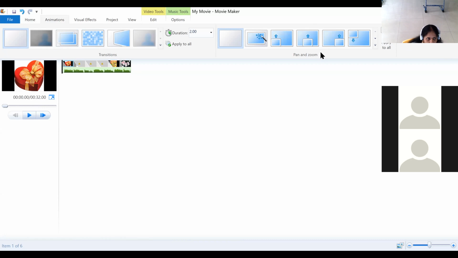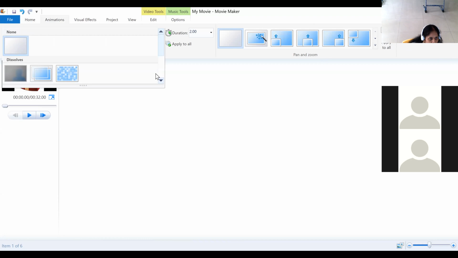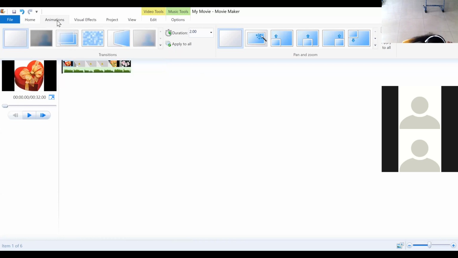These are the different types of transitions. Very few are there in the animations, right? This is applied to all, means the same animation will be applied to all the pictures. If you want it only for a single picture, you can also apply it to a single picture.